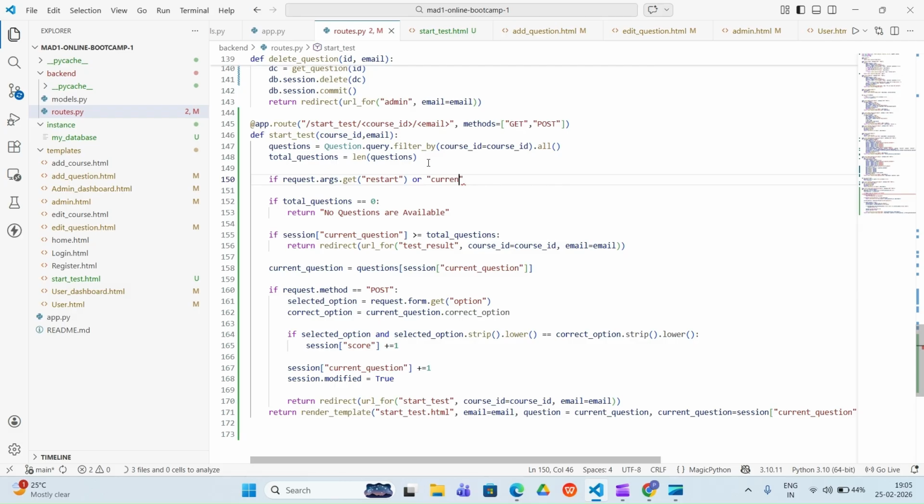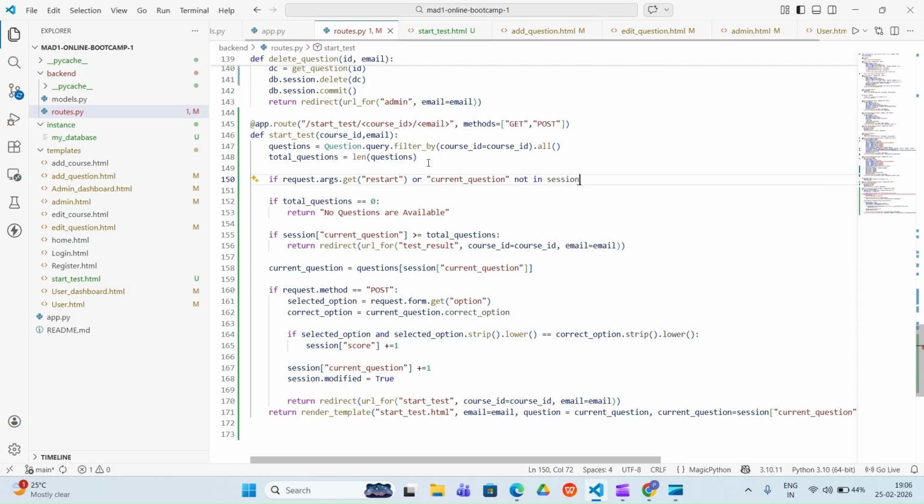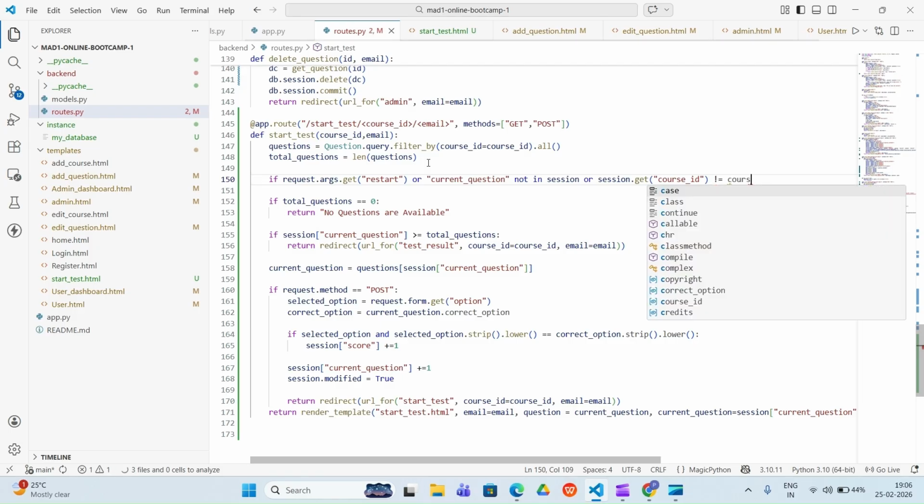So we'll write here if this current question is not in session, or maybe the session dot get course id is not the course id. So we'll have here course id is not equal to the course id.